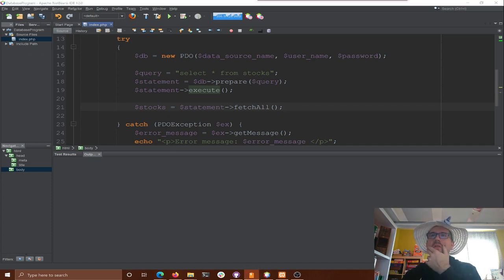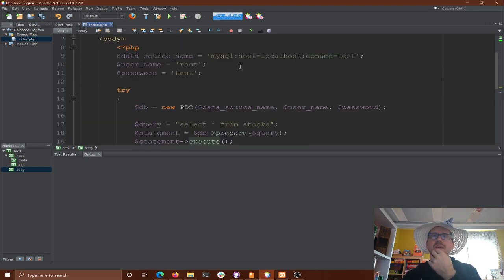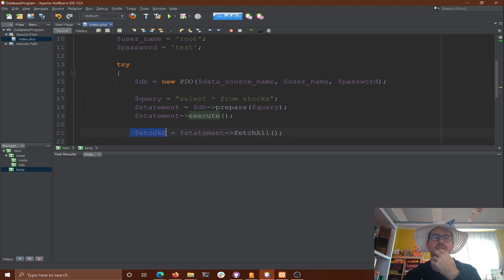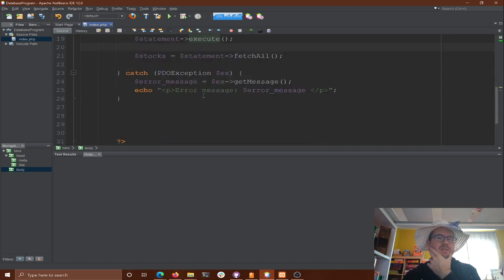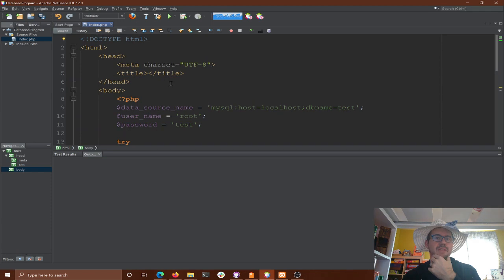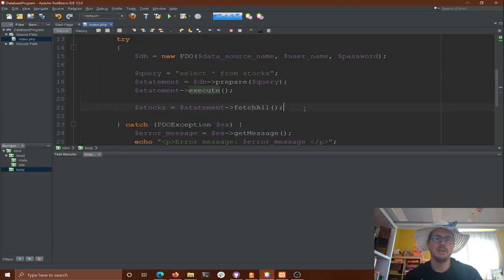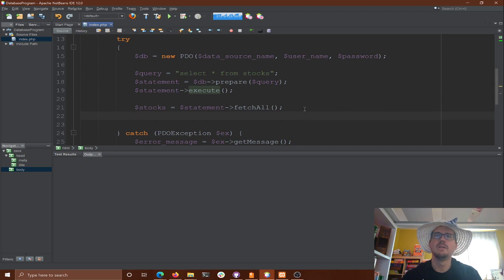And then what we're going to do is we're going to loop. Okay, so we're still inside of our PHP code. We've got this stocks value here. Now we can start looping, and we can start echoing things out if we want. If you want to do this all up at the head of your document and then loop just inside, we can do that as well. But for now, we can just probably put it right in here.